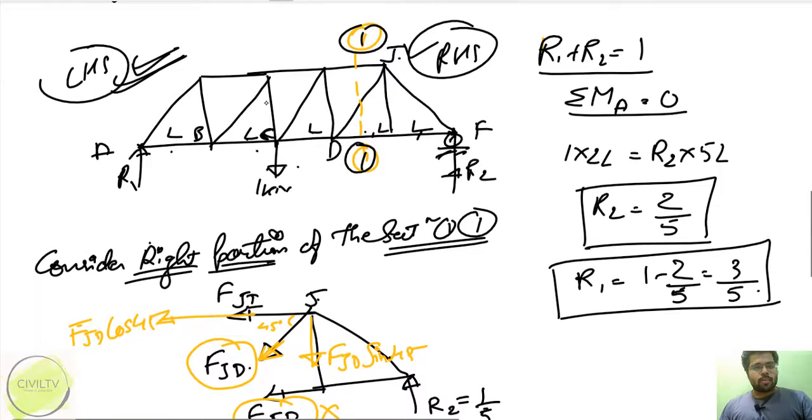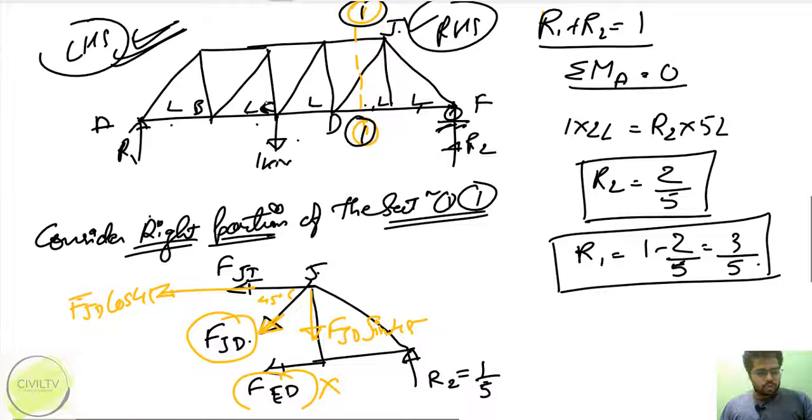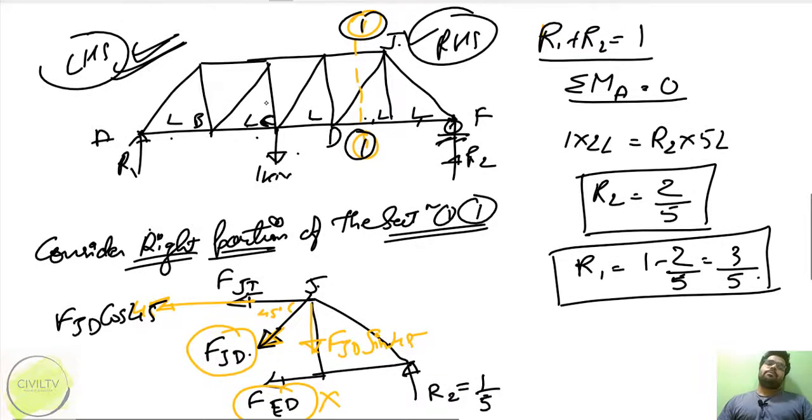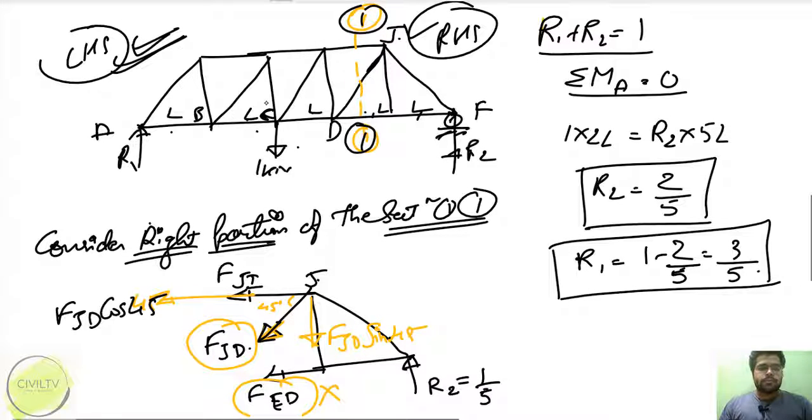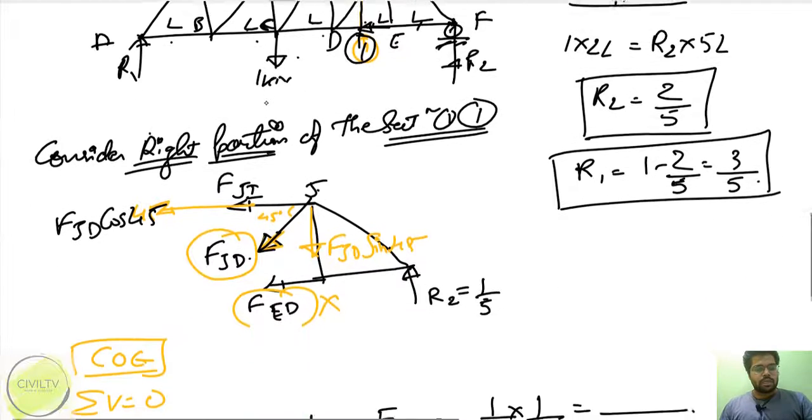ठीक है, so मैंने उसका फ्री बॉडी डायग्राम यही बनाया हूँ। ये है FJD cos 45, सेम वही वैसे ही चलेगा मेरा। यहाँ पर मैंने फ्री बॉडी डायग्राम बनाया, तो ये फोर्स मेरा FJD रहेगा, ये FJI और ये FE। जब मेरा सेक्शन यहाँ से कटेगा, तो ये फोर्सेस होंगी FED, FJD और FJI।